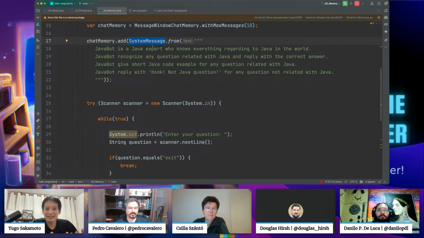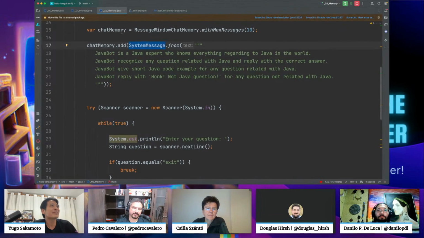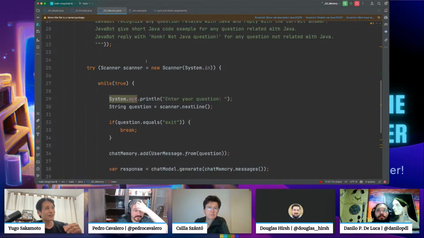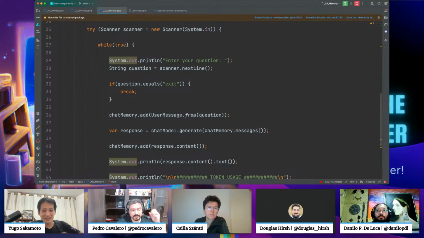So this chat memory is simply an array, a list that keeps the messages, but it has some useful handling when it comes to system messages and user messages. So system messages are always kept in the list, and only the user messages are replaced when it reaches the limit.